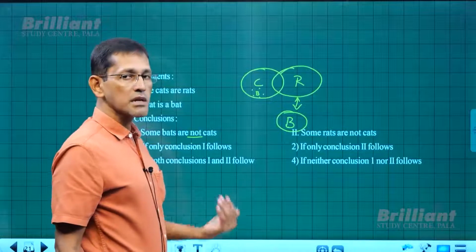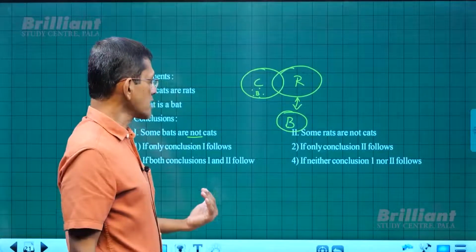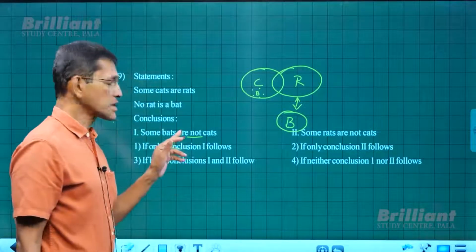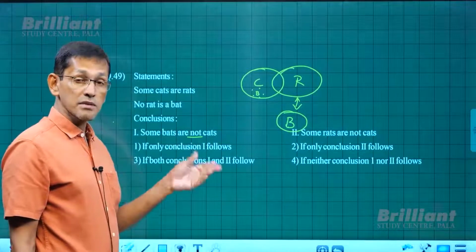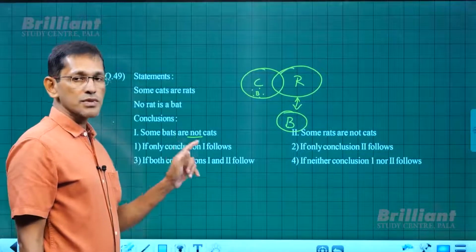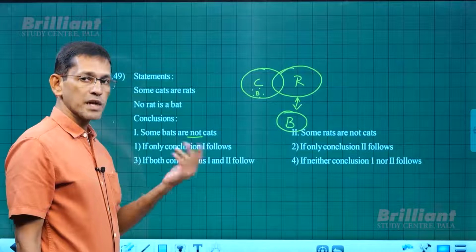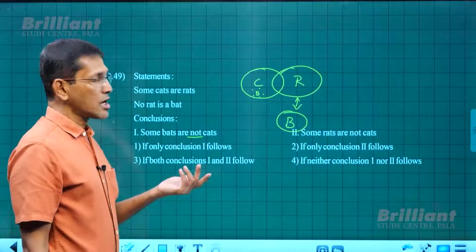However, bats are not intersecting with the rats. So that means the new diagram exists. If the new diagram exists, that means the original conclusion doesn't follow. That's what we have done earlier. And of course,